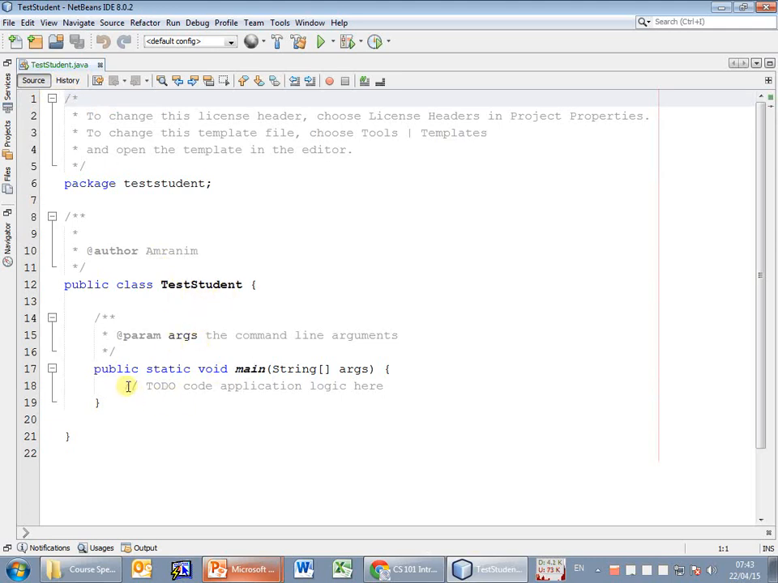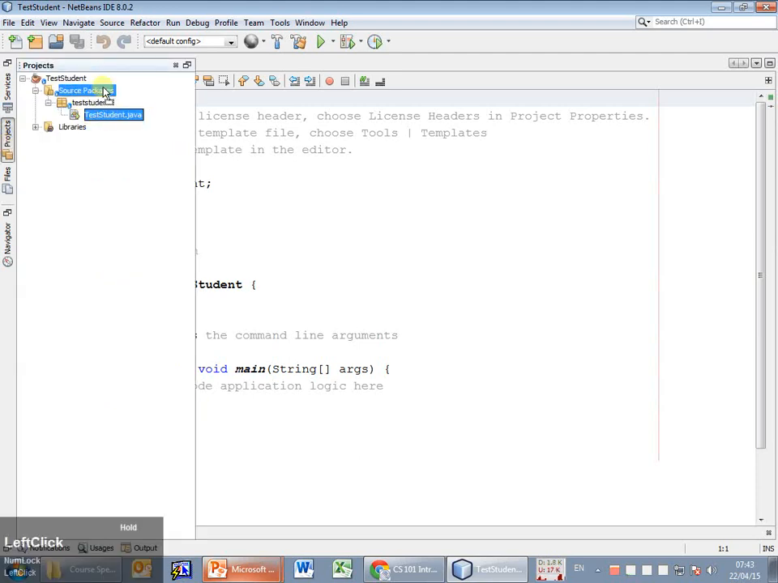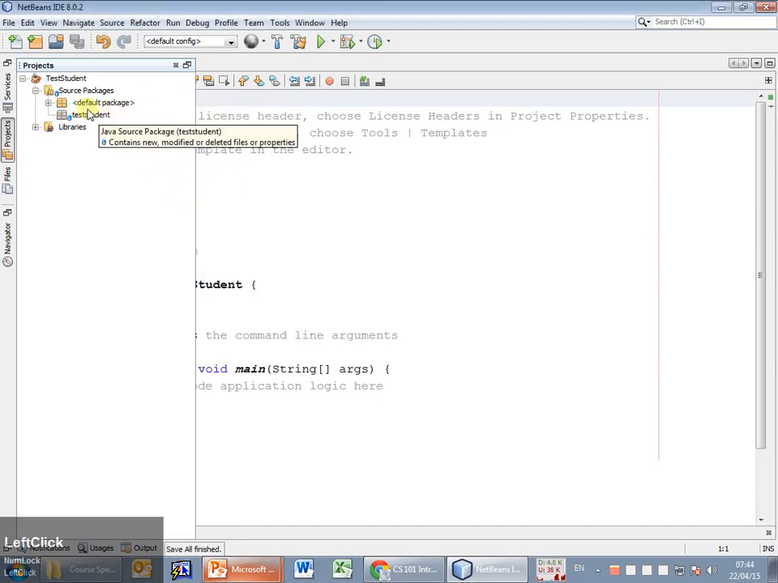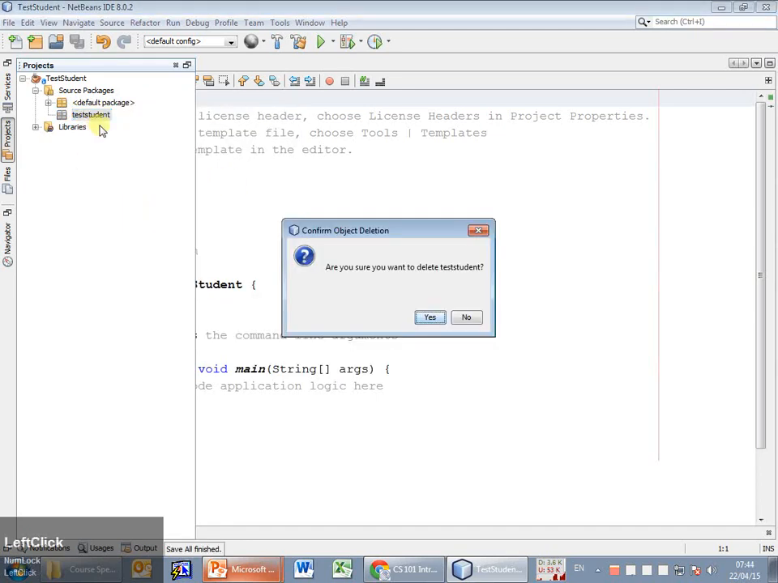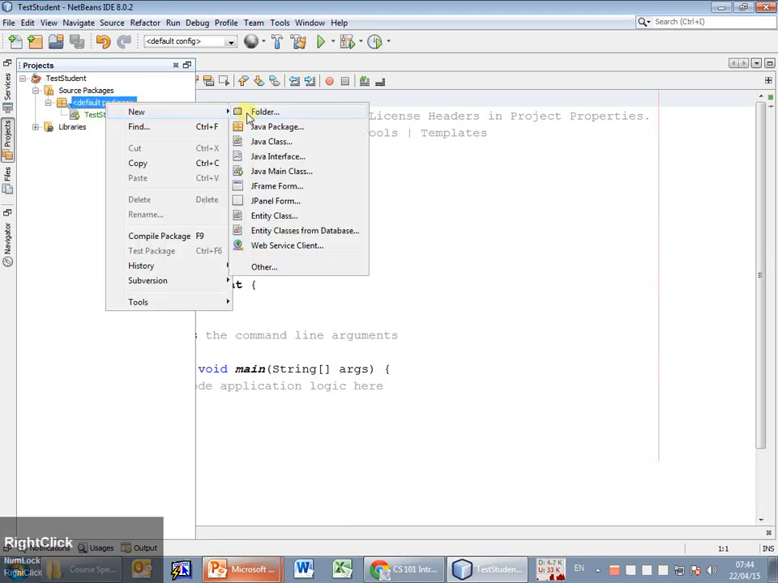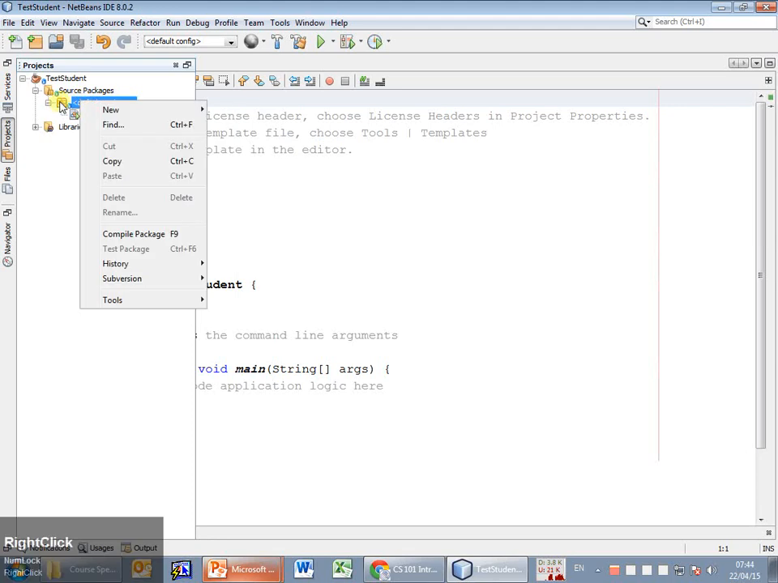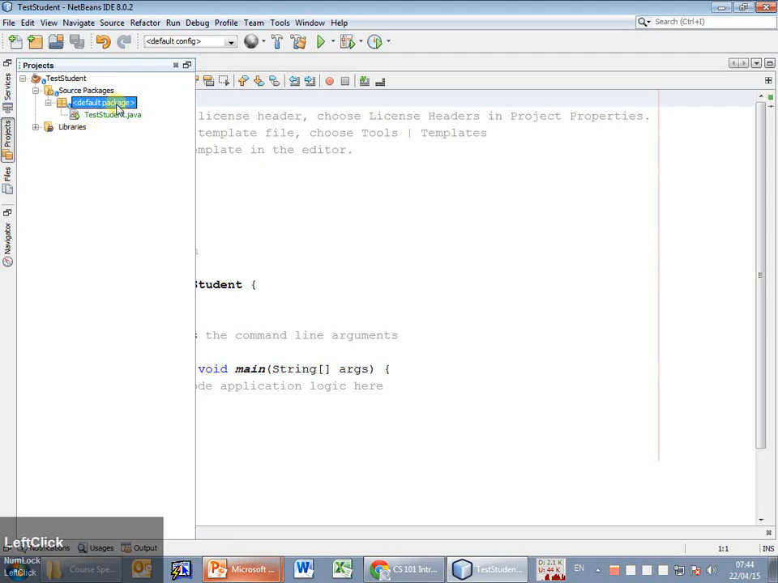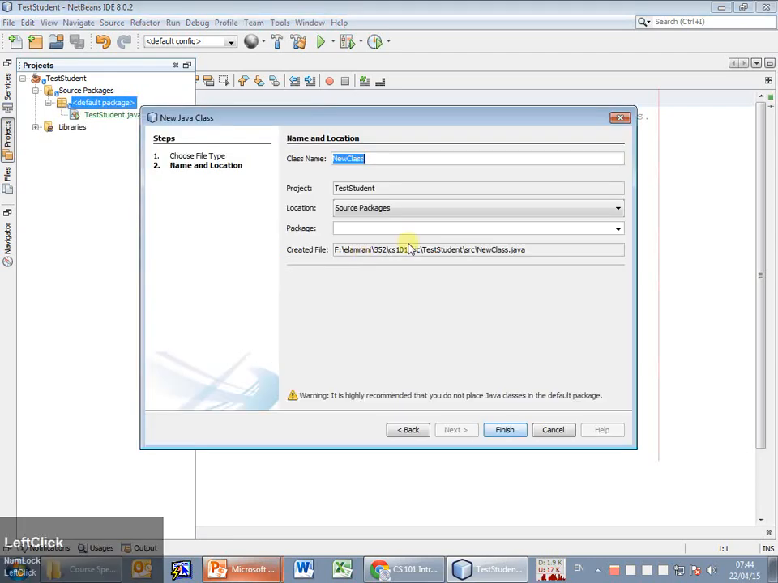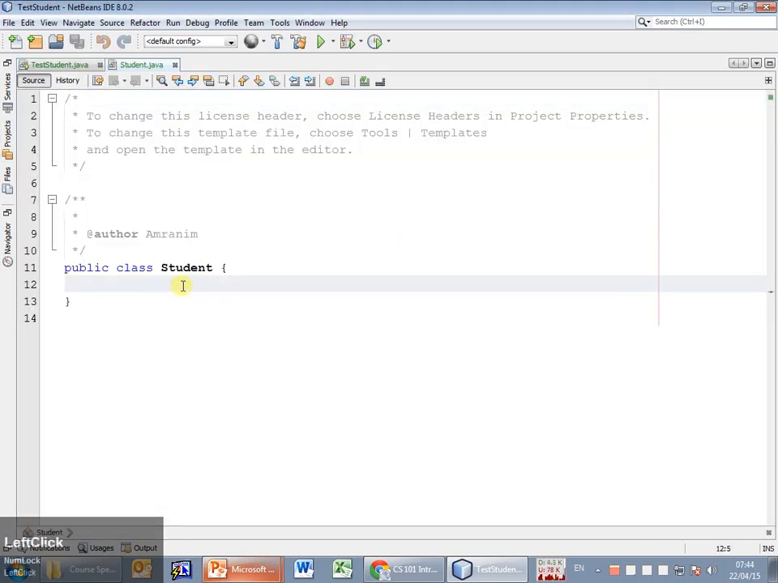and for those who are using JCreator, I'm just going to put all the packages out. I'm going to delete that TestStudent package, and now I have this TestStudent, and I'm going to create a new class. Notice from where I right click on that package, which says default package, right click and then new Java class Student, and in the class Student we used